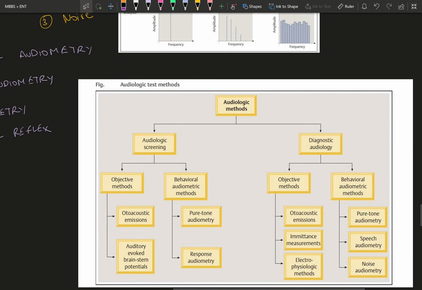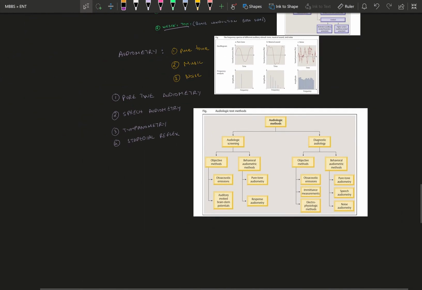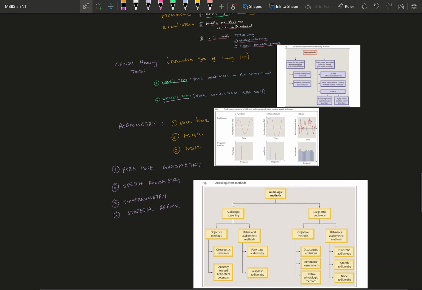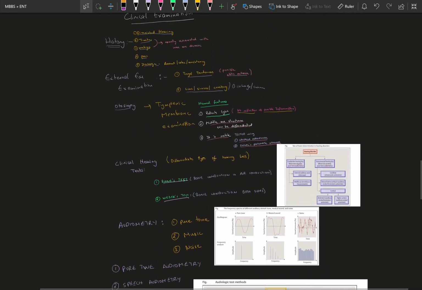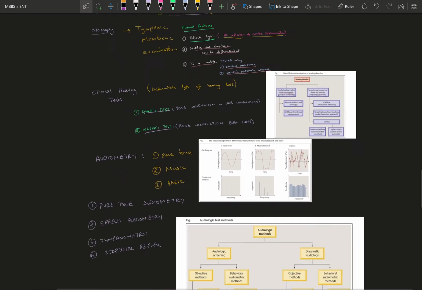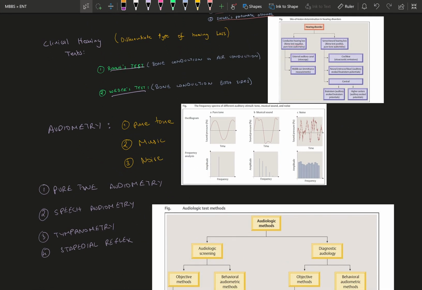So first of all, you need to identify if it's an external ear disease, a middle ear disease, or inner ear disease based on all these tips which I have given before. And audiometry is used to have a pinpoint value associated with the degree of hearing loss and type of hearing loss, based on the ranges which a person can hear. The normal range is 20 hertz to 20 kilohertz a normal person can hear. So all of that will be your tips for your clinical examination for any case in your ENT subject in your third year.